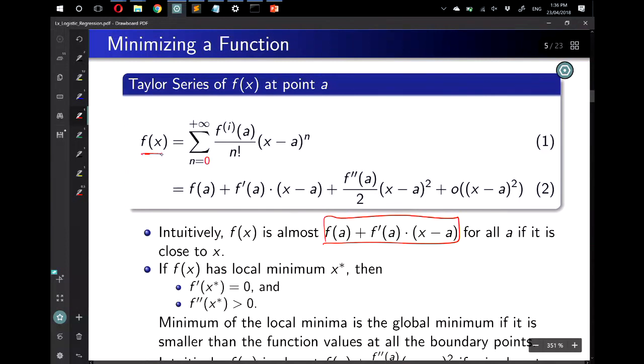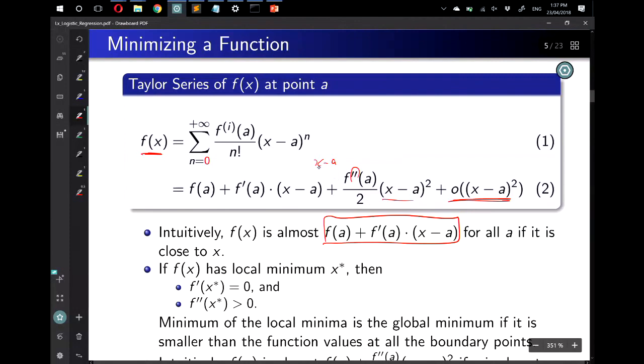So again, although this is only the one-dimensional case, you can easily find a multi-dimensional generalization. It looks very similar. The only difference is that instead of the derivative, it's replaced by the gradient and the Hessian. The second-order derivative is the Hessian. And this becomes a quadratic function with a matrix involved. But the general idea is that within a small neighborhood, we can ignore all the